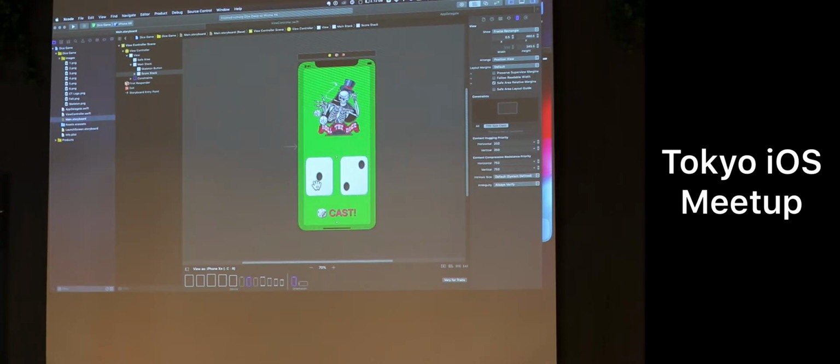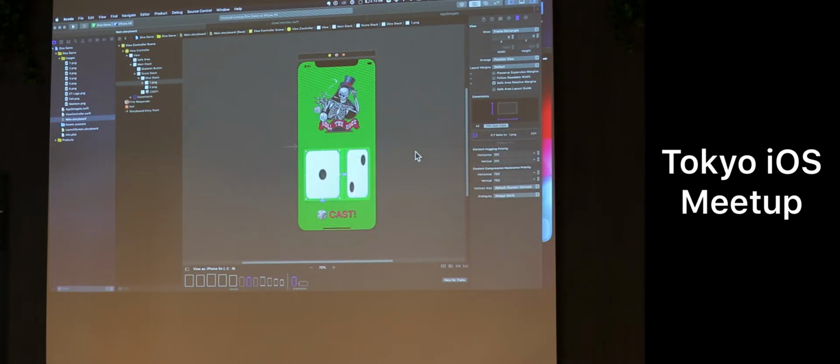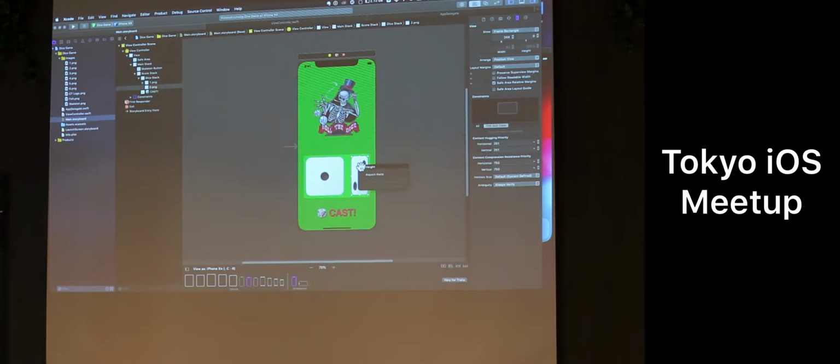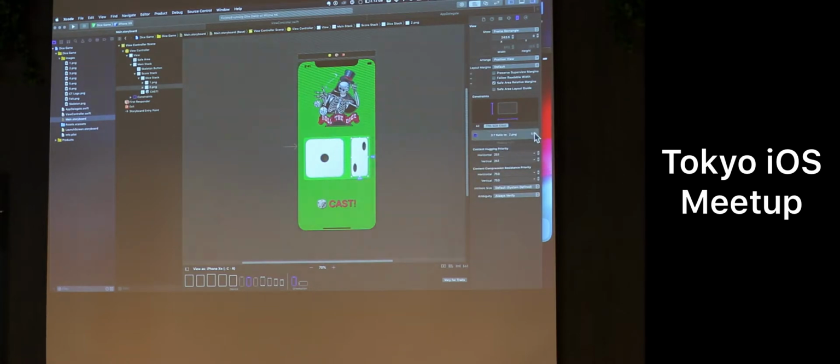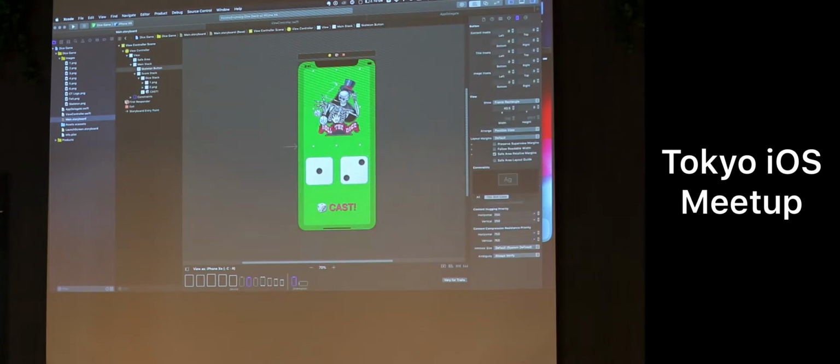So basically what I do is I grab them, I drag them to themselves, and I set the aspect ratio, and then I specify that I want 1:1. So now it knows that it has to be square. I do the same with the other one. So now it's square. And now I'm going to do the same with the button, just in case. And set its aspect ratio to